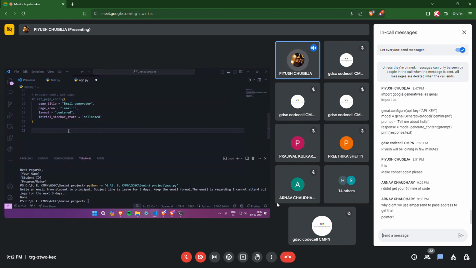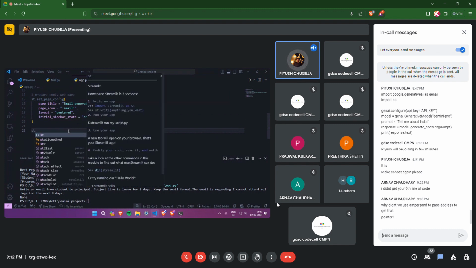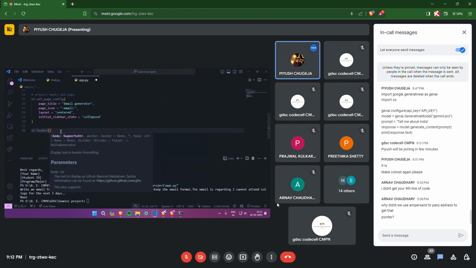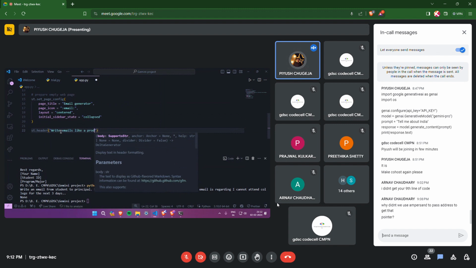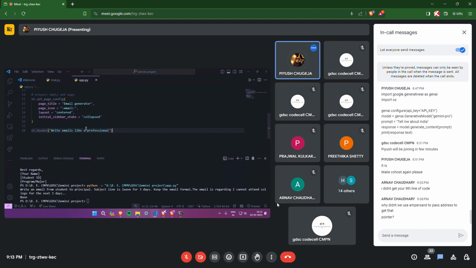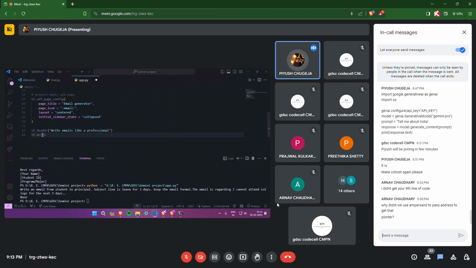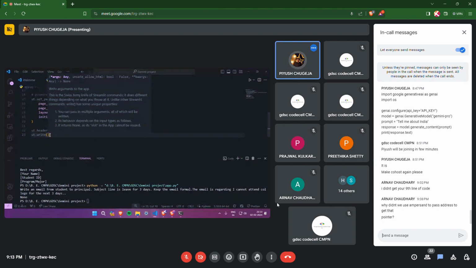तो हम टाइटल डालते हैं st.header के यूज से. st.header क्या करेगा, हेडिंग देगा. ठीक है, हेडिंग में हम डालेंगे write emails like a professional. Okay, we'll just type this simple heading and using st.write. I want you all to remember this function known as write. write से हम कुछ भी लिखा सकते हैं अपने वेब पेज के ऊपर.